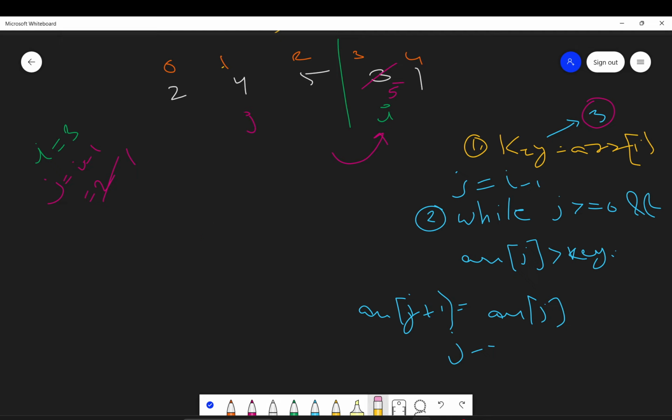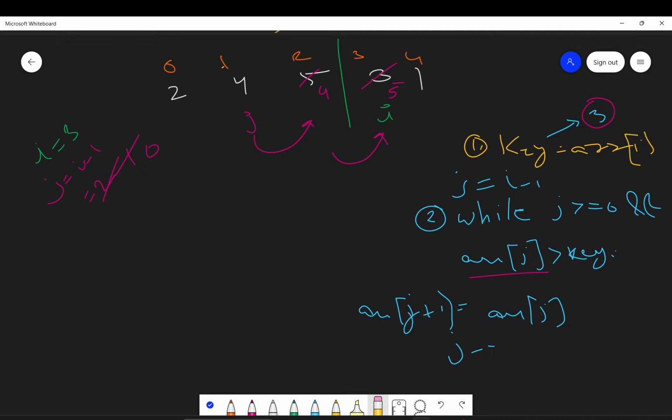Next step. Again, arr of j, which is 4, is greater than key, which is 3. So again you will shift this to here. So 4 will come here and you will decrement j.